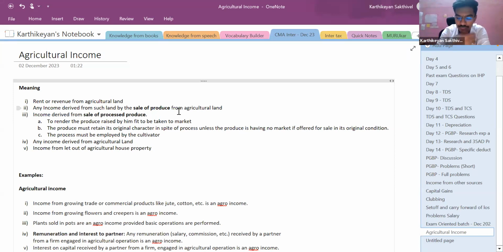So they will beat it and get the rice grains separately, the paddy grains separately, and that paddy grains alone will be sold. At the point of harvest, when it is severed from the agricultural land, it will be severed along with the grass. Afterwards they'll just take out the paddy grains alone and only the paddy grains will be sold in the